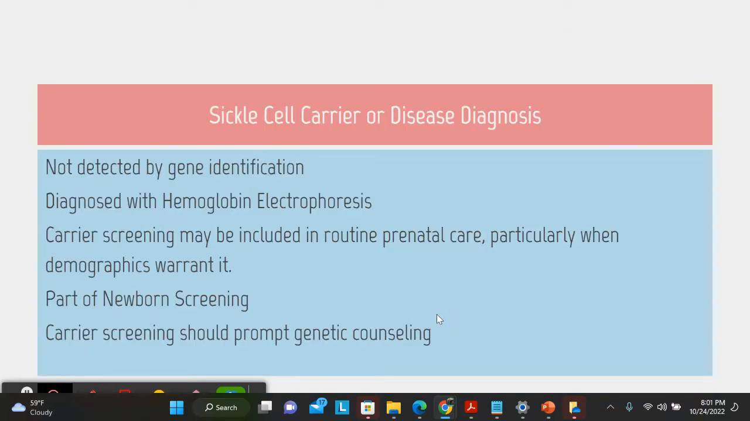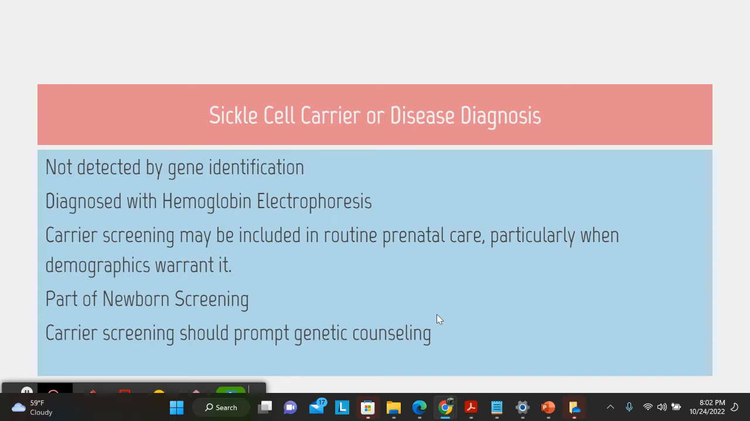All right, a little more about sickle cell carrier in the context of genomics. We don't identify sickle cell by gene identification. We're not going to look at the gene sequence to find that gene. It is instead diagnosed with a process called hemoglobin electrophoresis, where they look at the shape of the cells that are circulating. Carrier screening might be included in routine prenatal care,